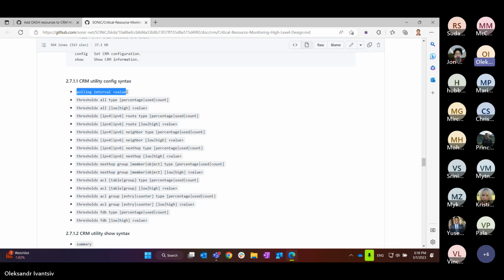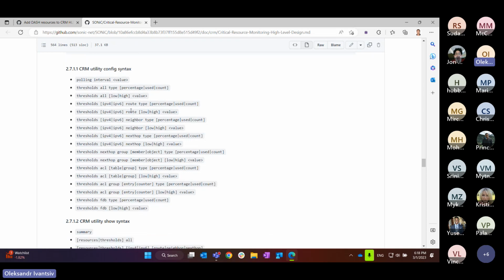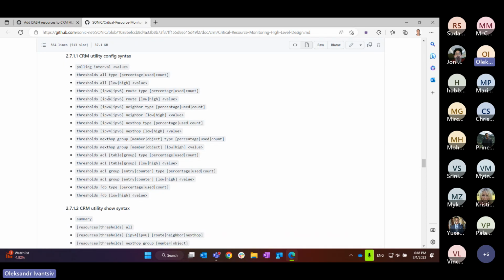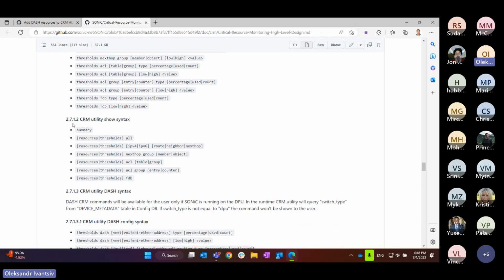We can configure the polling interval. We can configure the threshold type and high-low value for all resources at once, and we can configure the thresholds per individual resource. And we also have the show command,